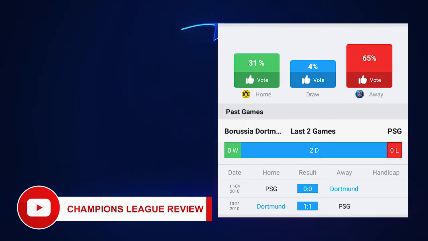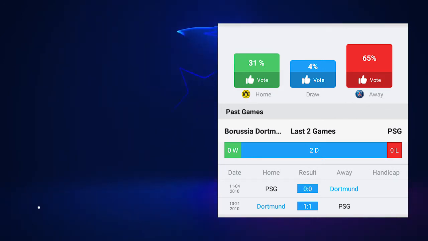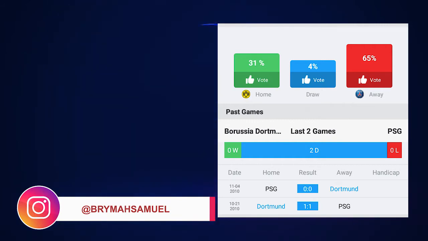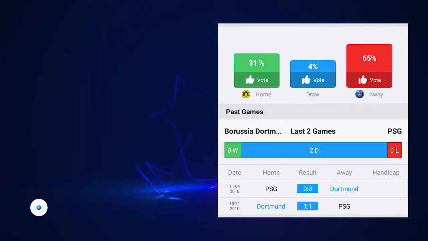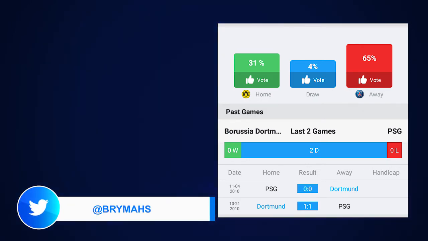But we know things have changed over the years from 2010 to 2020. It's a lot of time now. So a couple of changes have occurred in both the Dortmund team and the PSG team, not to talk about the new signings PSG has made as compared to the signings Dortmund has made. First of all, we would like to talk about how these teams qualified.